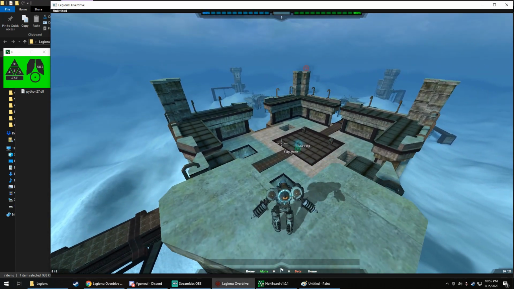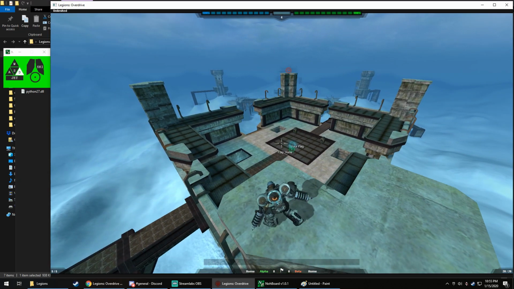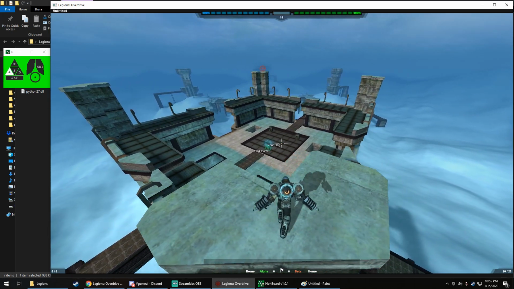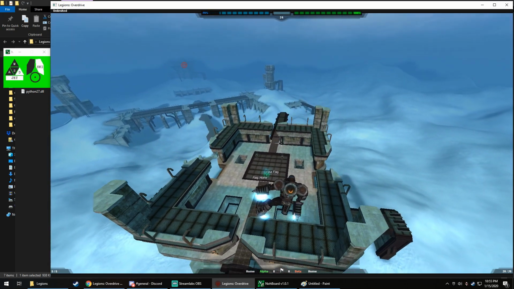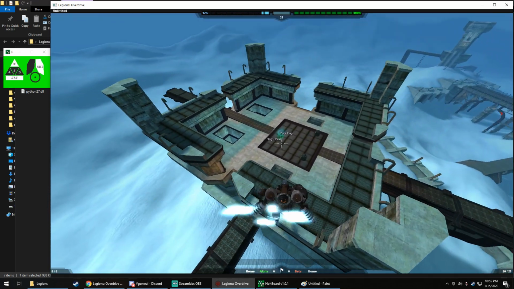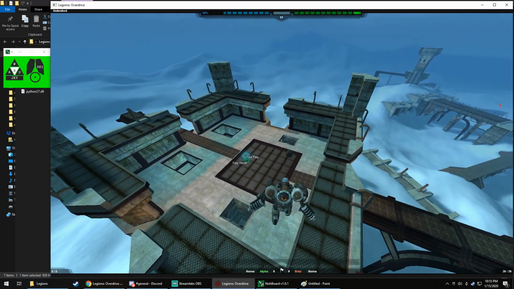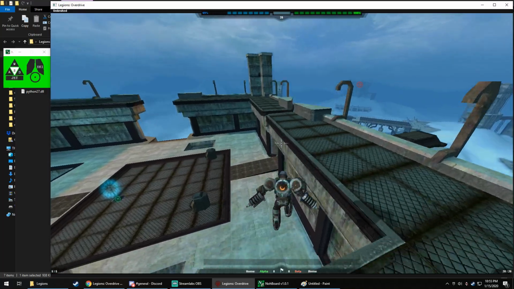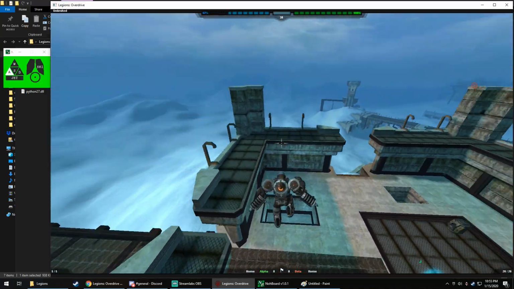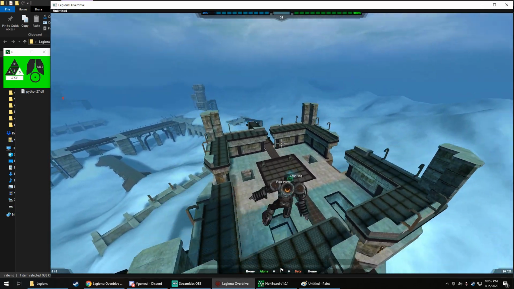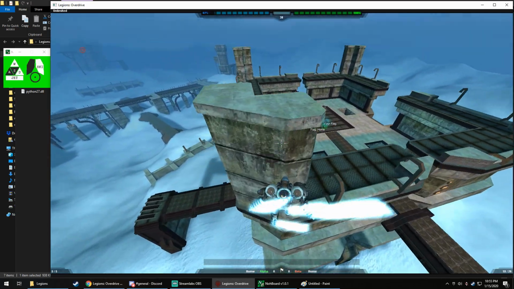A lot of the really fun thing about Legions is the dogfights in the air. It's not a lot of AD on the ground, like Midair, for example, or Tribes Ascend. It's a lot of bobbing and weaving while in the air. You can see I can have a good amount of air time and a good amount of control going back and forth in the air, even throwing some down jets in there to juke you out. So the fights in this game are mostly about doing touch and goes, getting some shots in, popping back behind,